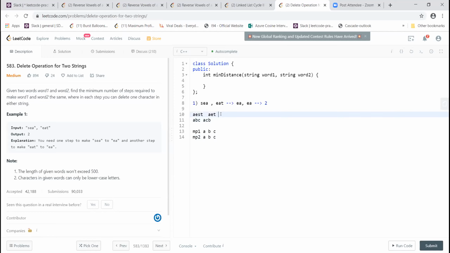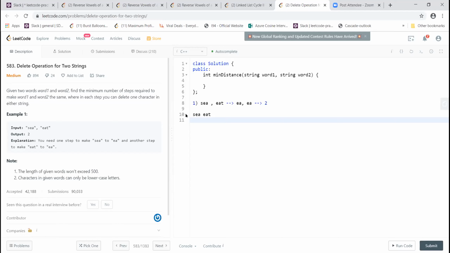Yeah. Before that, I wanted to add actually, this can also be solved, I think, with recursion. Yeah, sure. For example, let's consider the same example. It's SEA and EAT, right? So over here, we will take a decision on whether both the characters are the same. For example, S and E are not the same. So it means either we have to remove the S or we have to remove the E, right? And because we have to find the minimum, we can say that 1 plus